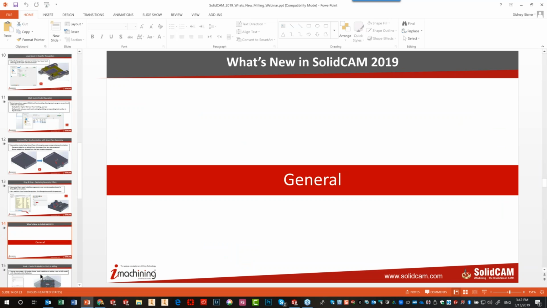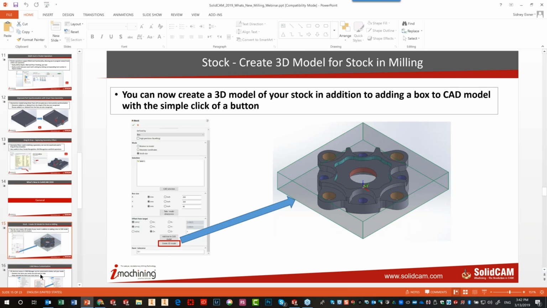Now, two general enhancements I'd like to mention to you. One is that up until now, when you created your stock, you were able to create a 3D sketch of the boundary of the stock, but you were not able to create a model if you wanted to use a model of the stock itself. Now you can actually create a 3D model instead. Okay, and besides that,